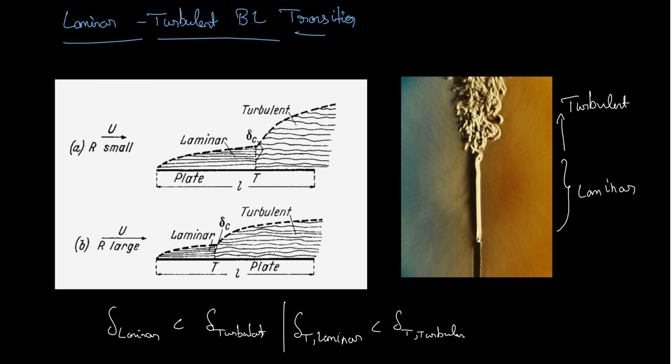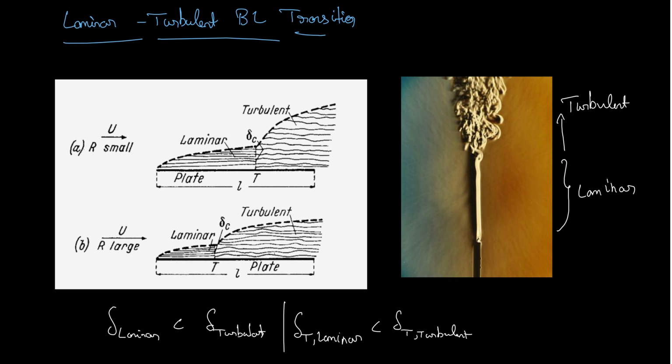This has a lot of implications on heat transfer and the shear stress conditions in a laminar and turbulent boundary layer. And the transitions can happen due to various reasons. For example, it can be due to an excess roughness in the plate, or it can be due to some induced oscillations. There is also a concept called oscillations in the boundary layer, which are fairly small in a laminar boundary layer, and as the boundary layer thickness grows, these oscillations also grow, and when they become sufficiently large, the boundary layer starts to become turbulent, and that is how we observe the laminar boundary layer to turbulent transition.